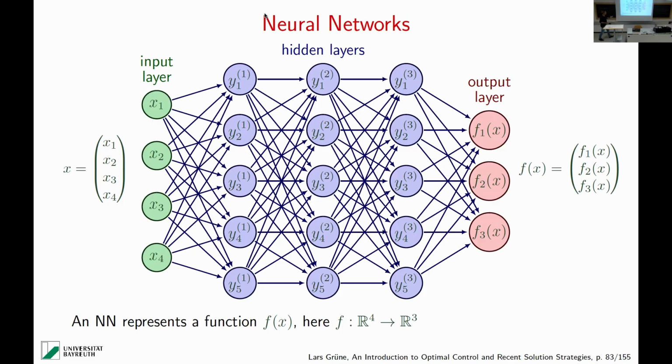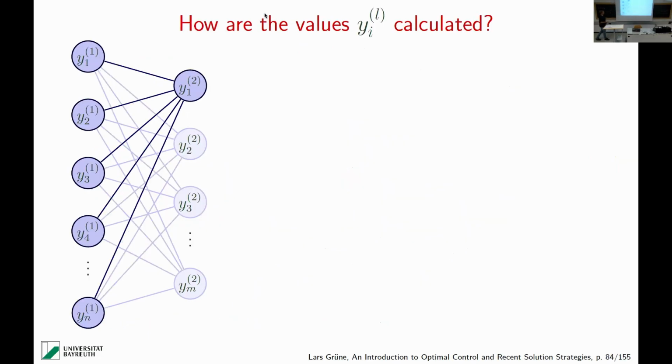And the question is now, what happens when we move from layer to layer? How do we compute the next layer from the previous layer? Let's have a look. We look at one of these layers here, and I would like to explain how this value here is determined. First of all, it depends on everything which is there before in general. And it is essentially a linear combination. We have these weight terms, and they multiply the values on the previous layer. Then we have what is called this bias term here, this B11.